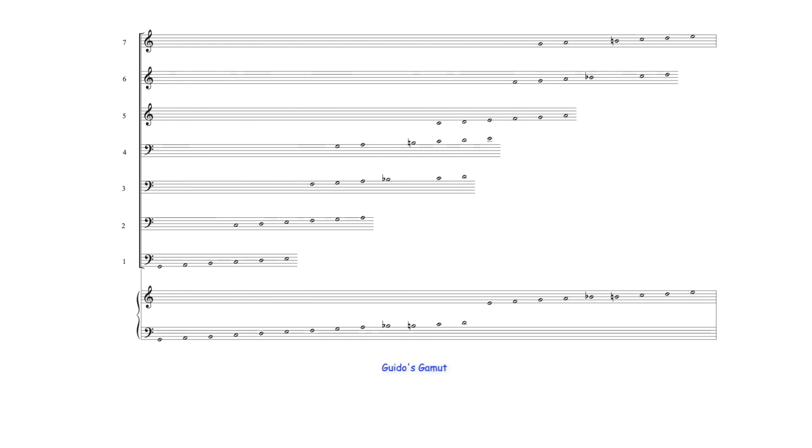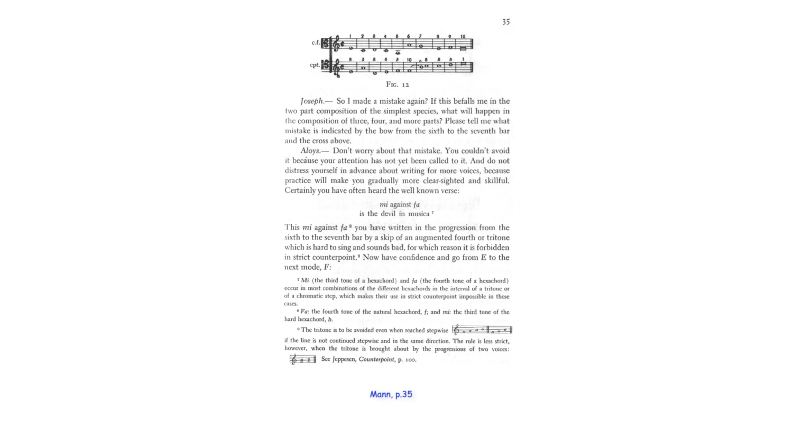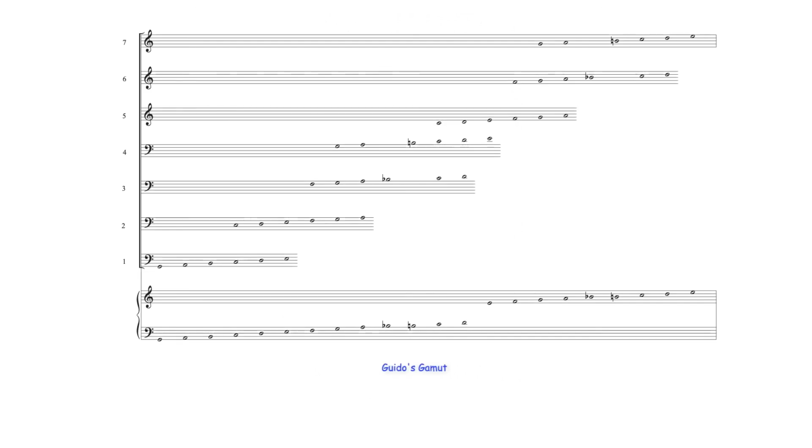The tritone, however, is the interval to which theorists are referring when they discuss mi against fa, such as in this passage, again from Fuchs's Gradus, where the teacher Aloysius explains to the student Josephus why the tritone should be avoided. In Guido's Gamut, the combination of the F and G hexachords is the only means of creating the chromatic